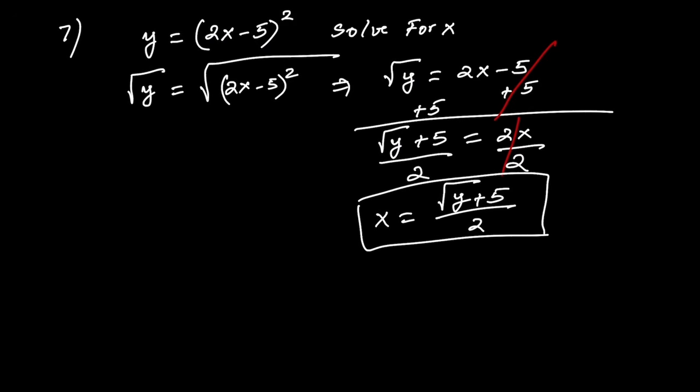Final recap. Whenever you solve a literal equation, remember these 4 steps. First, identify the variable you want. Second, undo operations in reverse order. Third, clear fractions and square roots before moving on. And fourth, keep removing layers until the